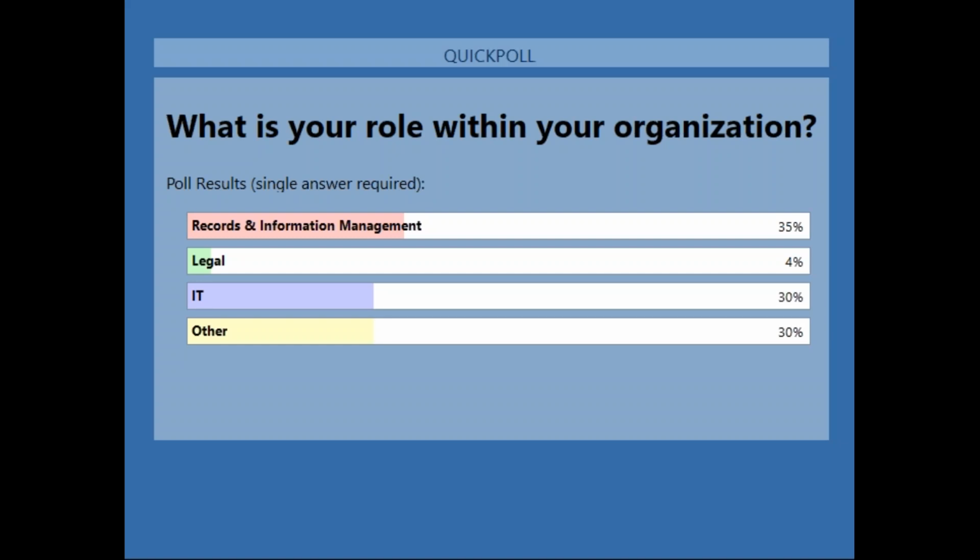Okay, so Kristen, I'm sorry, there we go. Okay, so it looks like we've got 35% records and information management, 4% legal, and 30% IT, and 30% other. All right, so I missed a category here. I'm kind of curious to see what those 30% other people are, but I'm glad to see that we've got